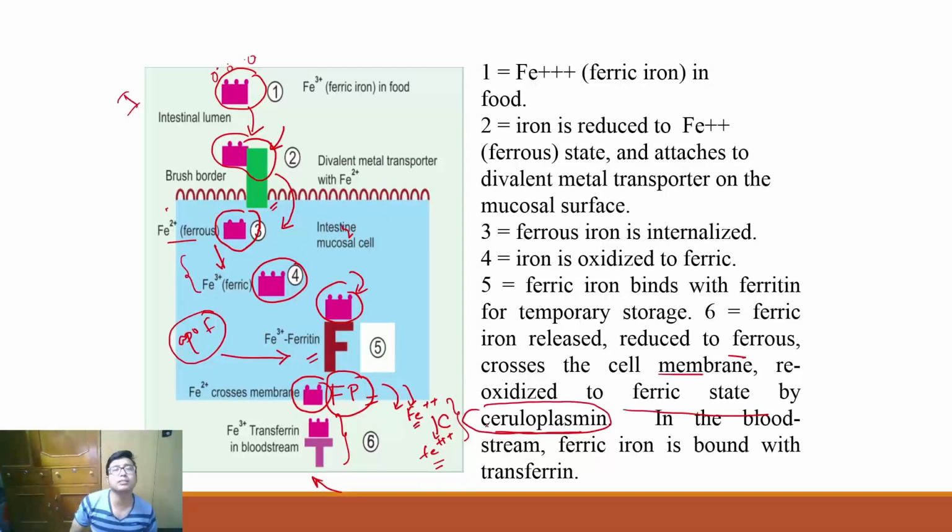So I think the mechanism of iron absorption is clear, and you know that iron is controlled at the level of absorption. That is known as mucosal block theory. Remember, this mechanism of iron absorption you should prepare on your own with a diagram, and you should be able to explain it fluently to the examiner in Viva.